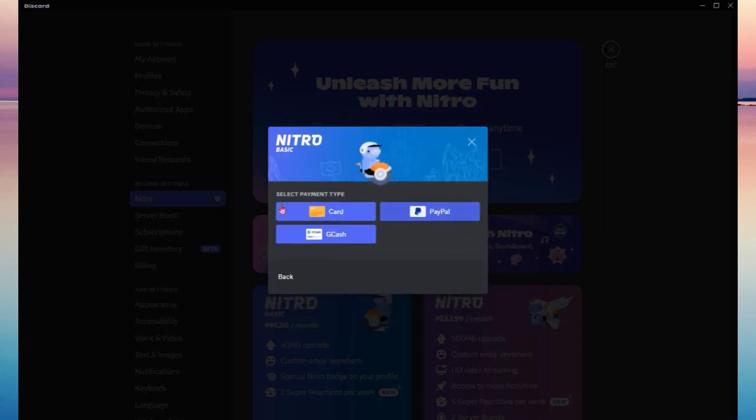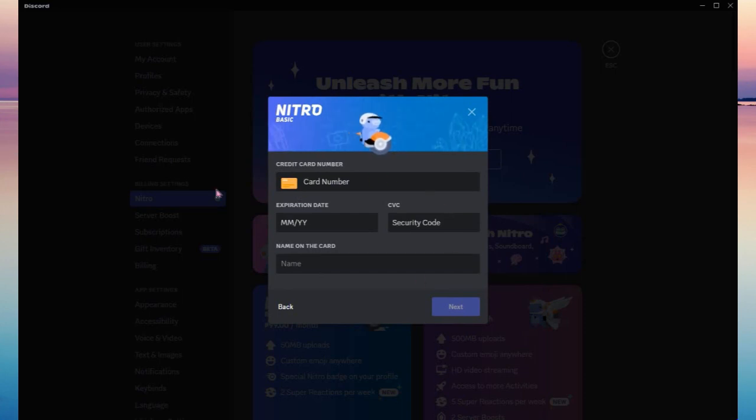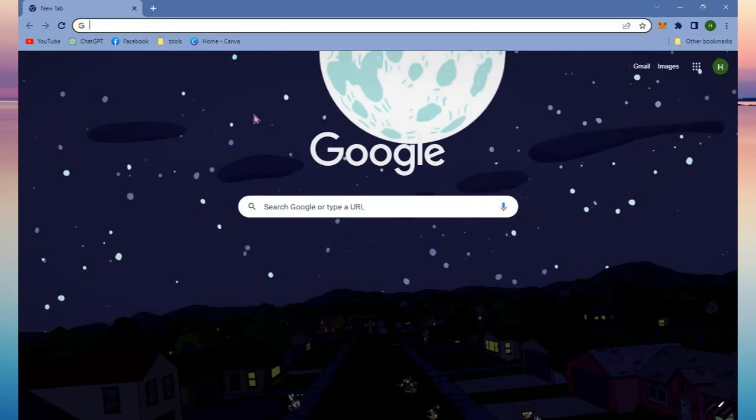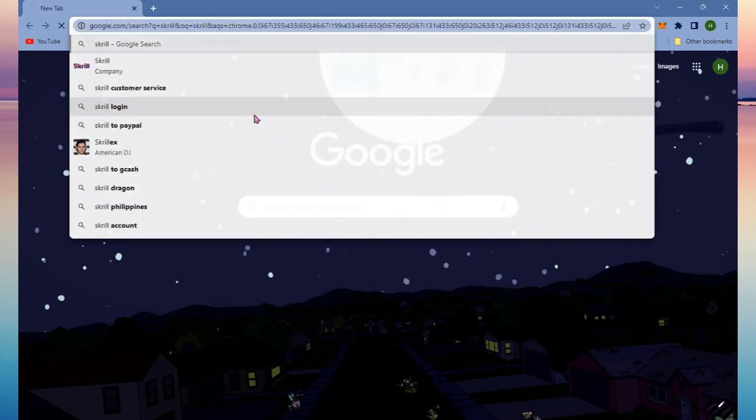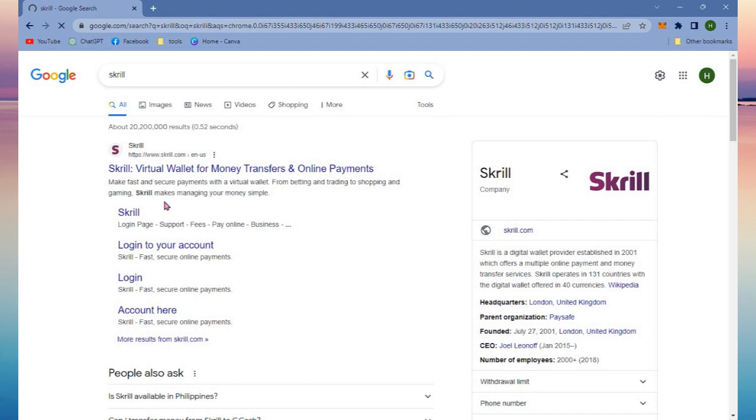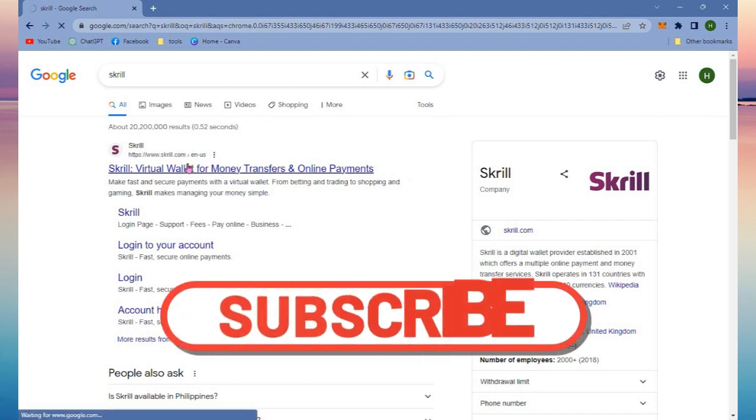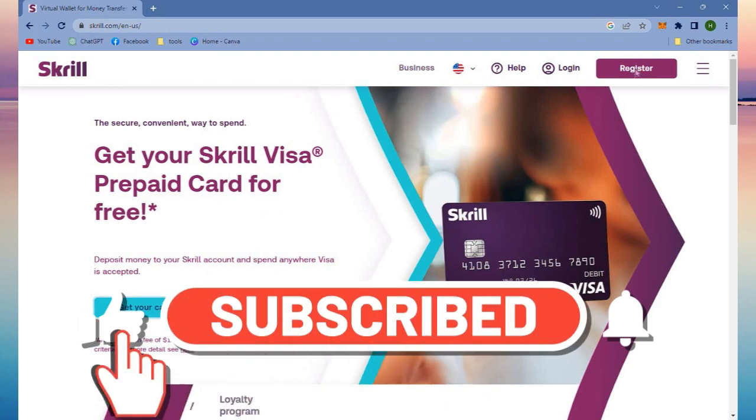So you don't have these three and you want to use a card, so you need to get a card for Discord Nitro, and here's what you need to do. Go and open a new tab on your browser and search for Skrill. So click the first link, and you need to go and register an account for Skrill for you to have